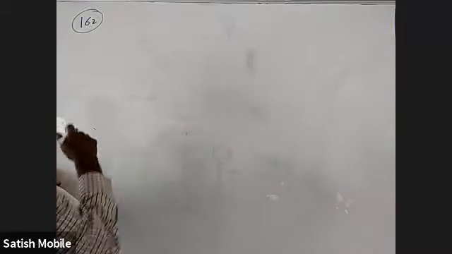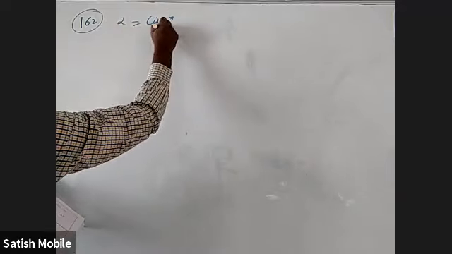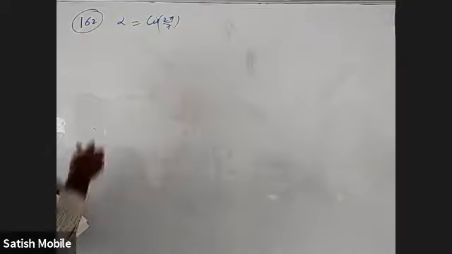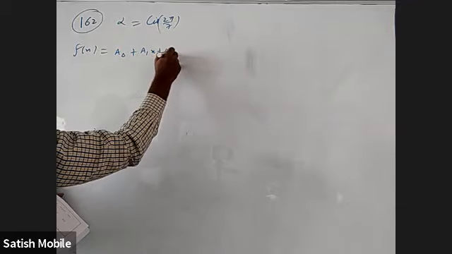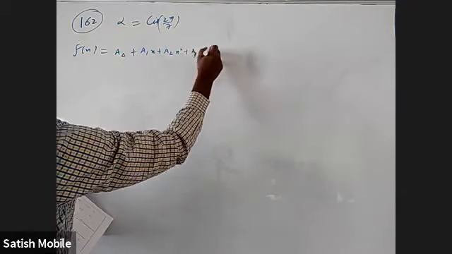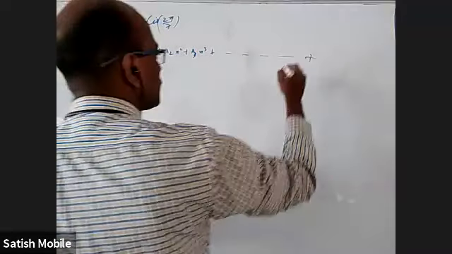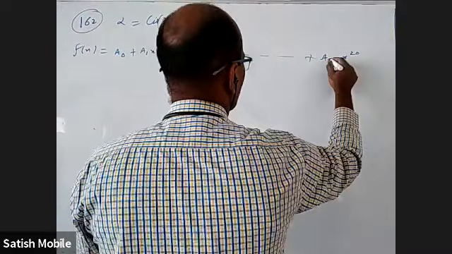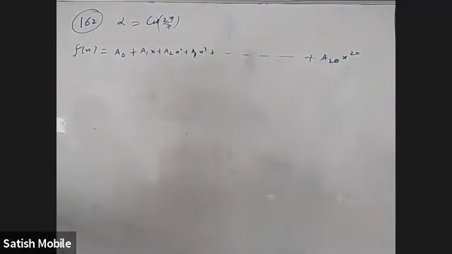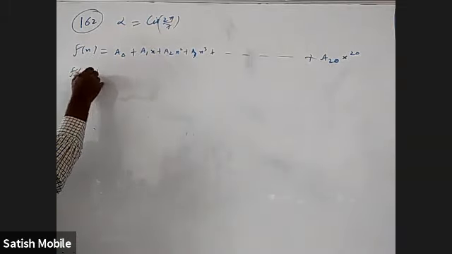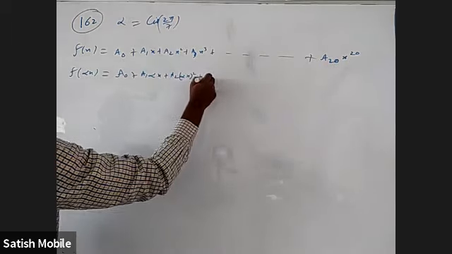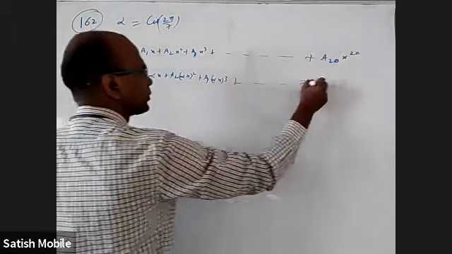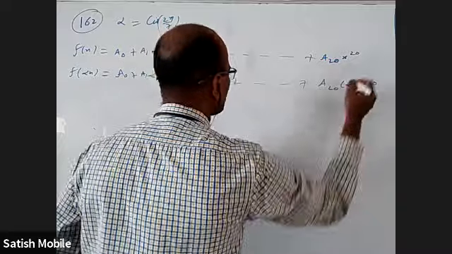Okay, here alpha is given as 2 pi by 7, which is 7th root of unity. And f of x, let me write the full details of that. It is a0 plus a1x plus a2x square plus a3x cube, so on up to a20x power 20. Now what they want is f of x plus f of alpha x, up to f of alpha power 6x, so on. What is f of alpha x? Let us see. That is a0, a1 into alpha x, a2 into alpha x whole square, a3 into alpha x whole cube, up to a20 into alpha x whole power 20.